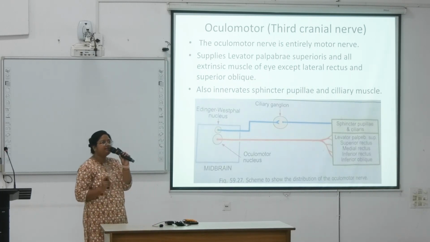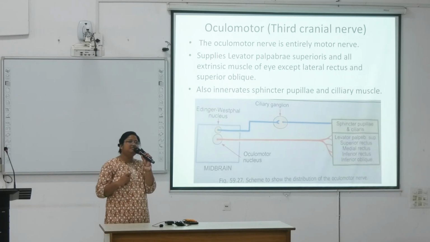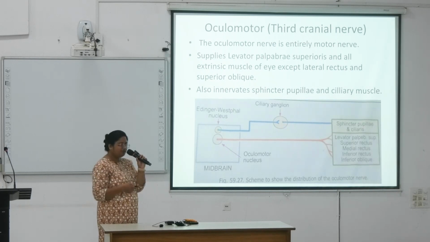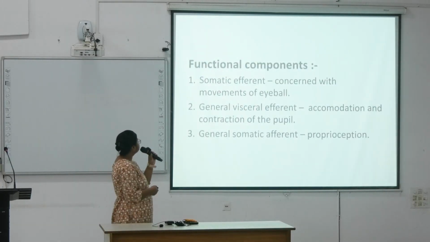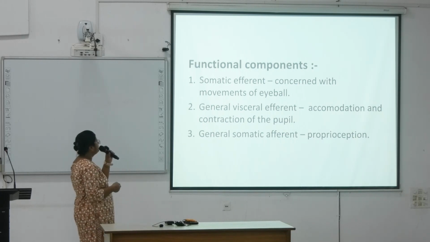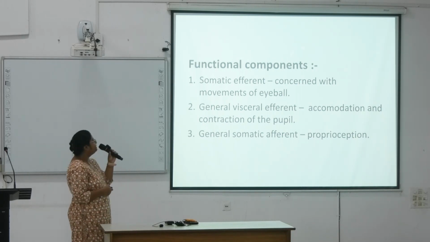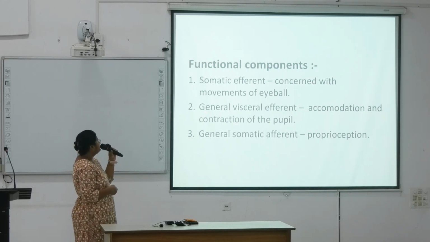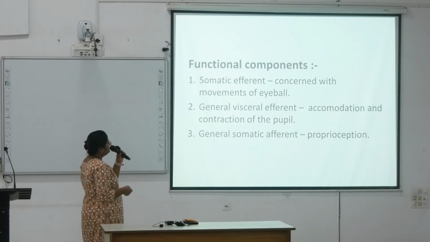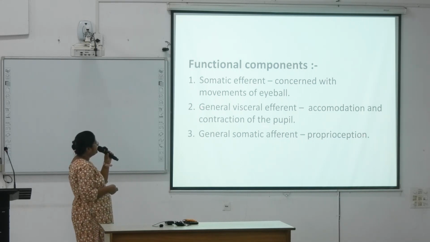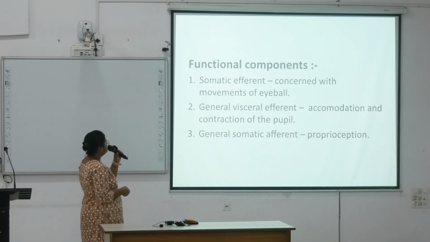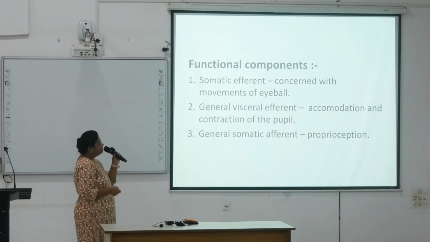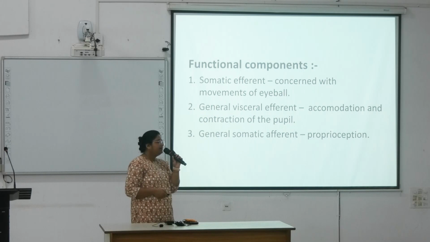This is a motor nerve supplying most of the extrinsic muscles of the eyeball that helps in movement of the eyeball. Okay. Next. So what are the functional components? Somatic efferent component, it is concerned with movement of the eyeball. Then there is general visceral efferent. It helps in accommodation and constriction of the pupil. And general somatic afferent, it helps in taking proprioception via these nerves. Okay. Next